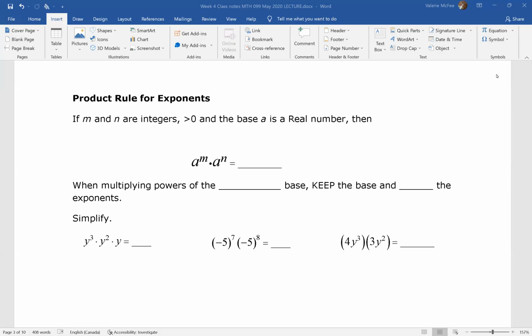We're going to start talking about rules for using exponents. There's about, I think, 5 or 6 rules. By themselves, they're not very difficult, but they are easy to confuse with each other, and therefore it takes a lot of practice. I know I've said this before in the lectures, but it's something I think I need to